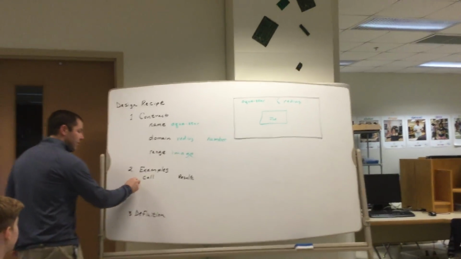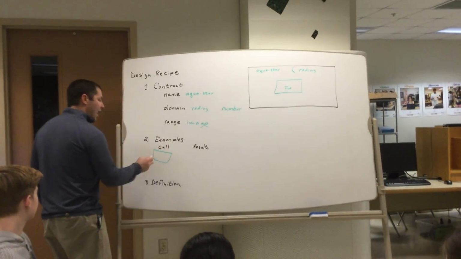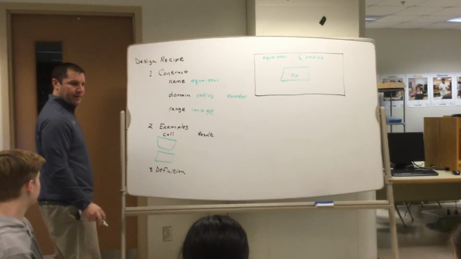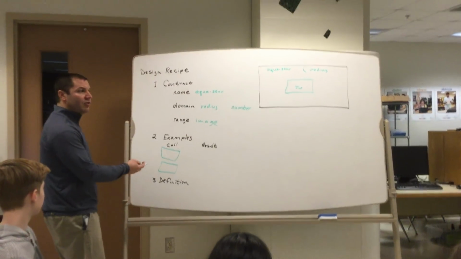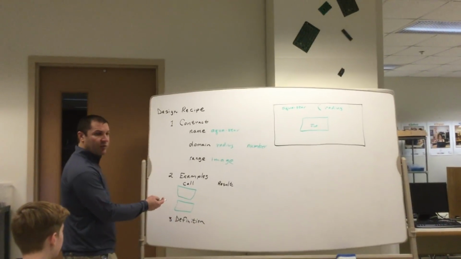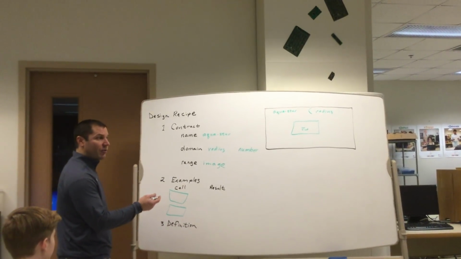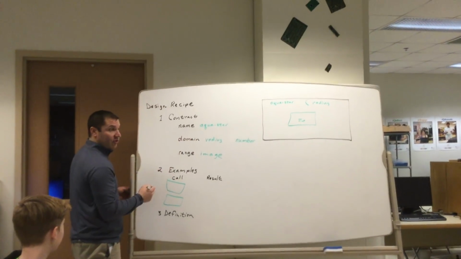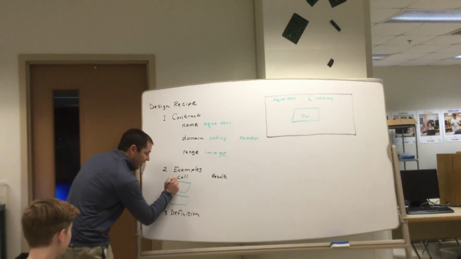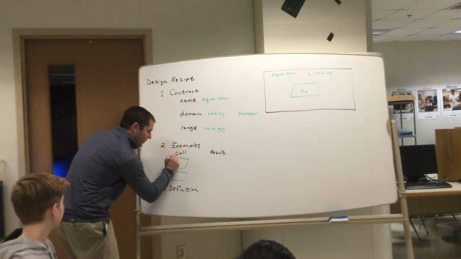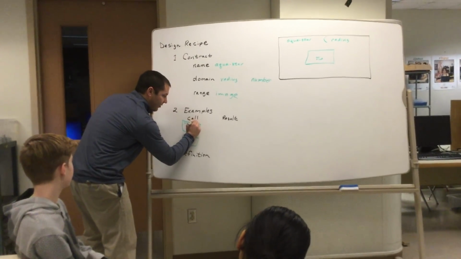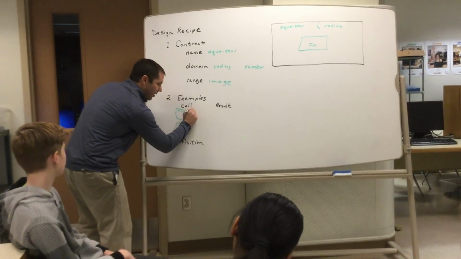Then, in the examples, we have to do two examples every single time. Okay? And this is where we actually get to do our unit testing. This is where we get to see if our function actually works. And this is actually our function. It looks just like the one that I have drawn up there. It will say, and I have to write really tiny, Aqua dash star, and then in parentheses it will say radius,